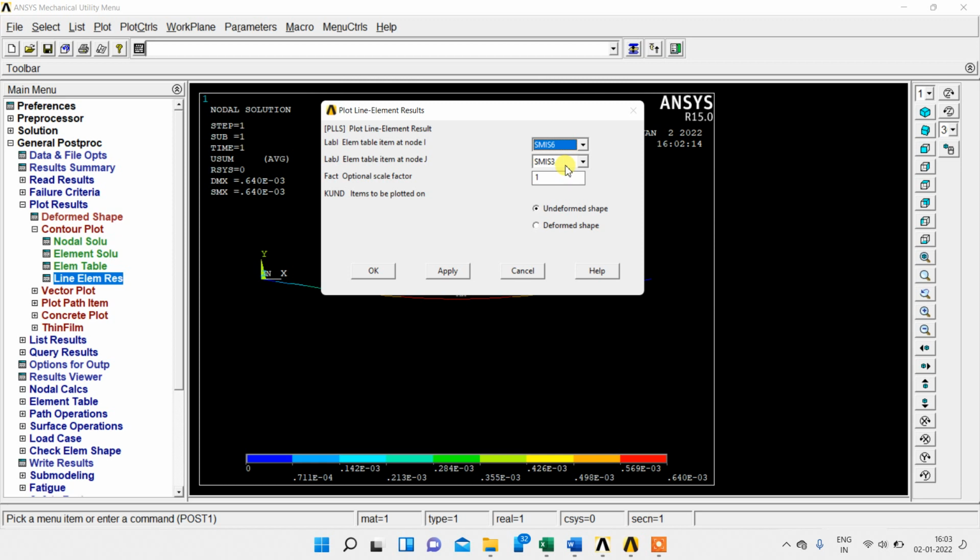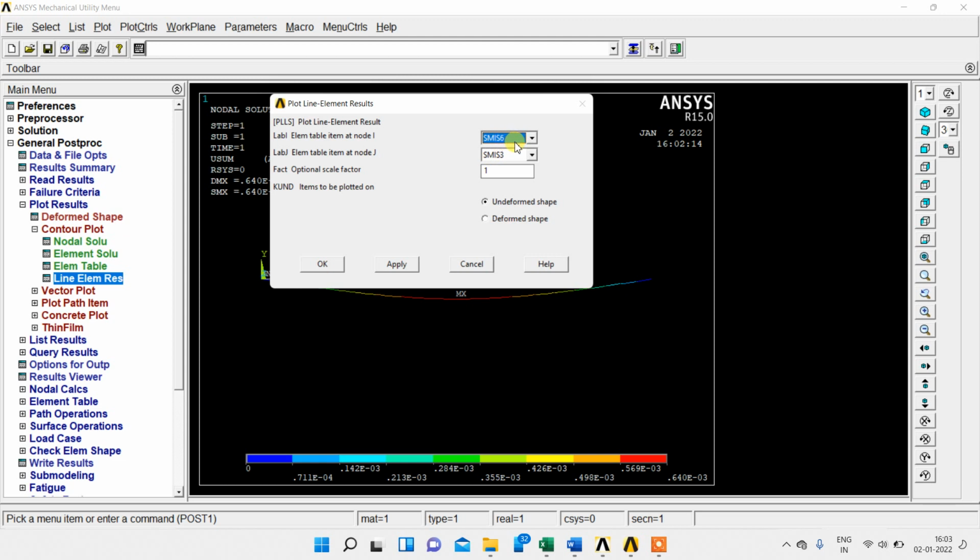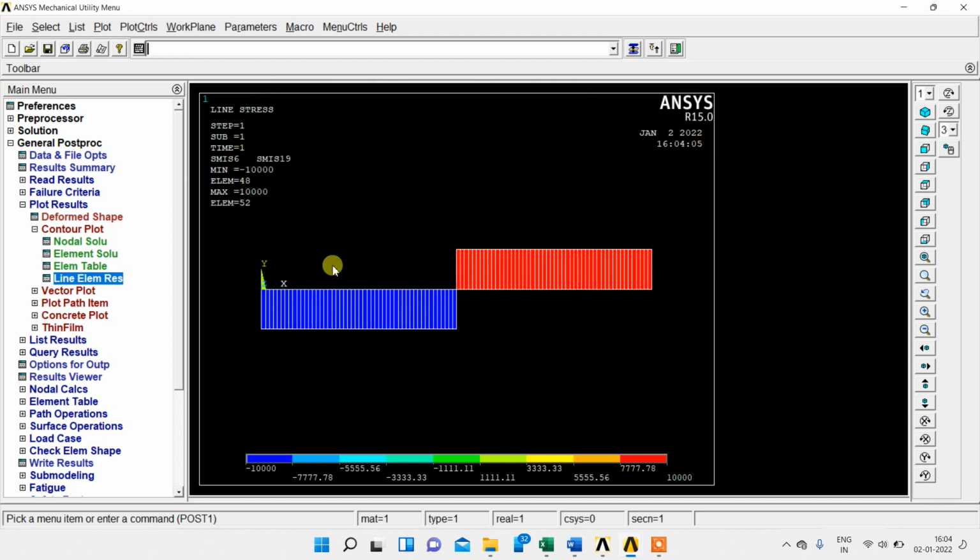We already arrived at the data, so the data is retrieved in this dialog box. For the element table item at node J, pick SMISC 19. These are the commands for plotting the shear force diagram. Now click OK. This is the shear force diagram for the simply supported beam subject to a midpoint load.